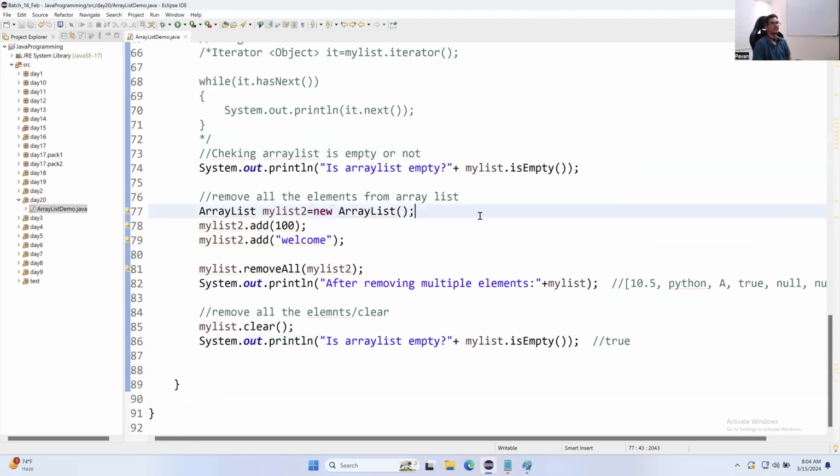Okay, so can you please confirm in the chat box, guys, is it clear to everyone how to work with the array list? It is a very easy concept actually. There is no object oriented programming, no conditions, nothing. It's very simple and straightforward. Okay, now let us move on to the next collection called